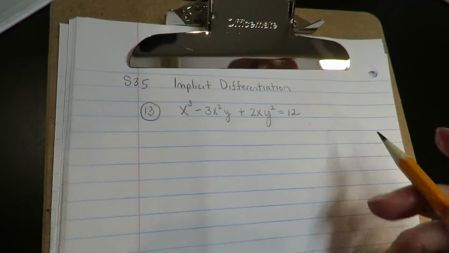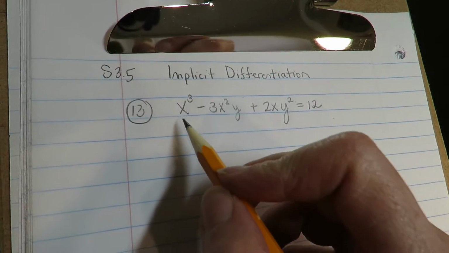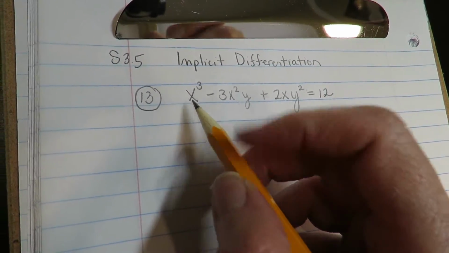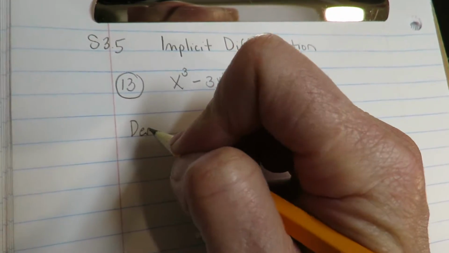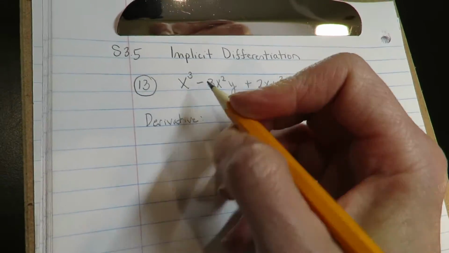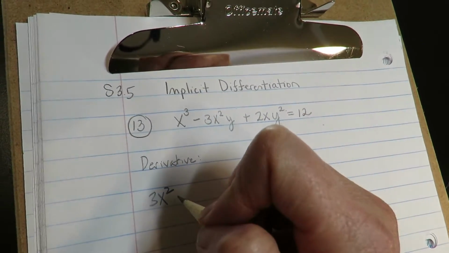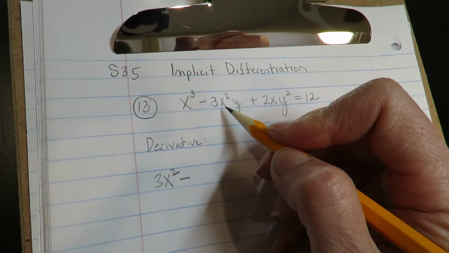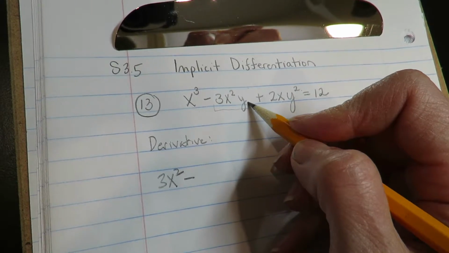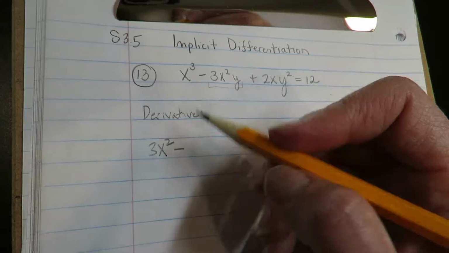Okay, gang, we're doing implicit differentiation on this one. So for the x cubed, you're going to get 3x squared. Now, you have to subtract the derivative of this, and students make mistakes here at this point because they just